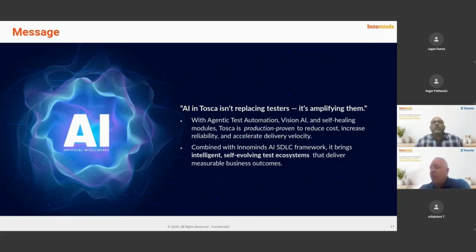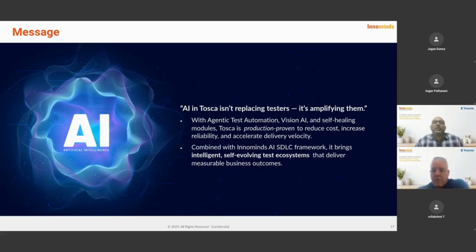Let's say you want to bring AI adoption into your culture. I think the best way to start would be to subscribe to the Tosca Copilot. And if you have an existing framework, some model-based testing that you have already developed, start asking simple NLP-like questions to understand how your individual modules are written, what sort of parameters are passed, and how these values are being stored.